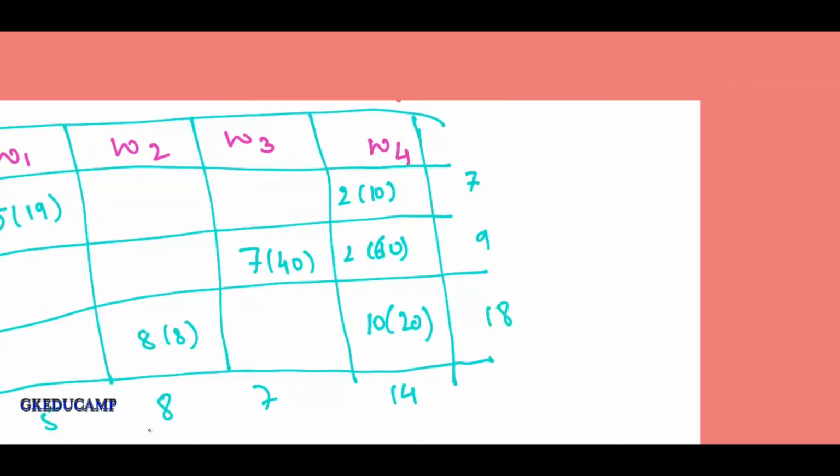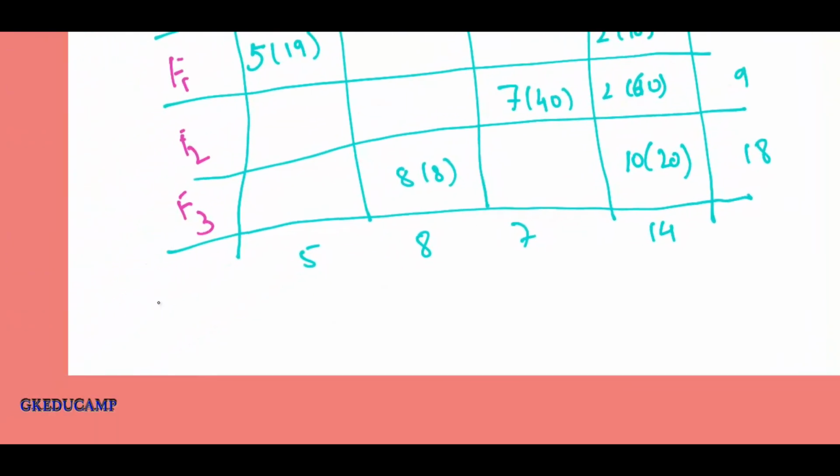These are the 5 methods which are used to find out the initial basic feasible solution. First one is the